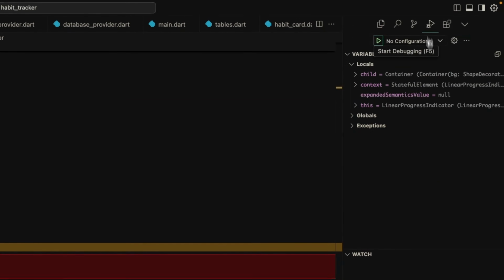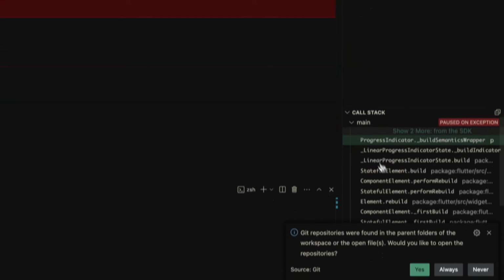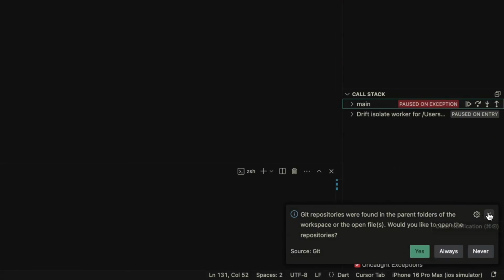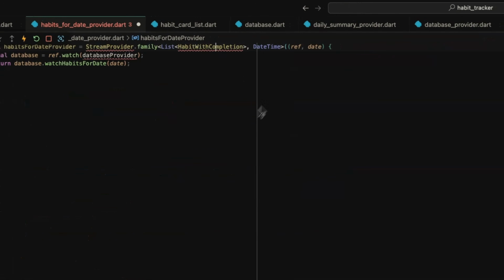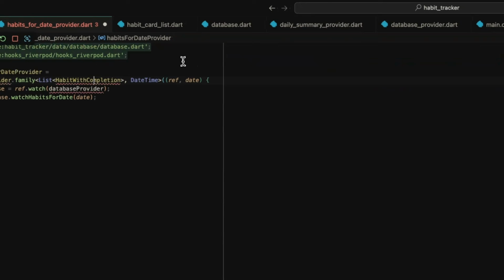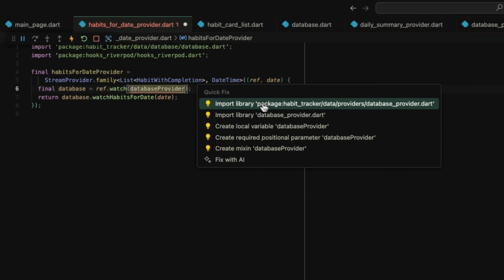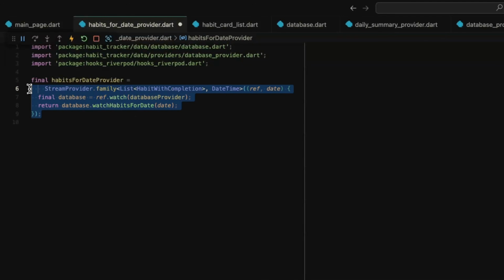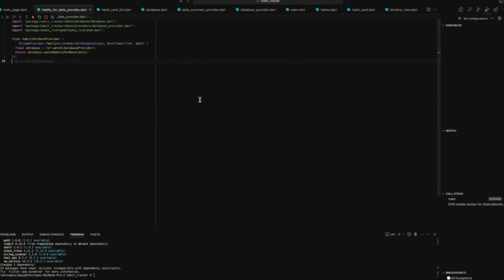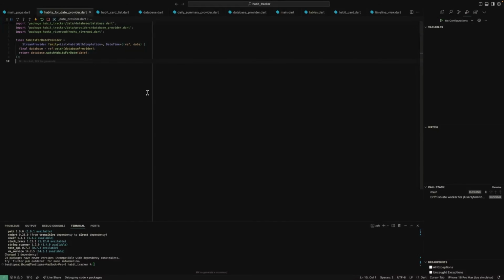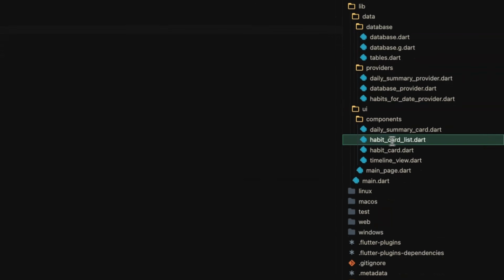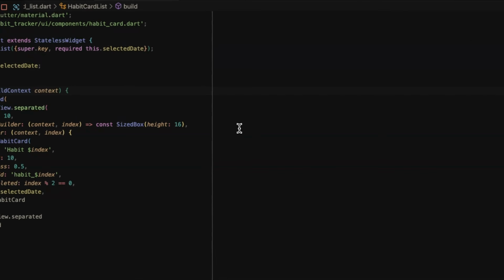So you know what? I'm going to remove cut as exception. Let's see the exception. That will be fine. So we import the habits with completion class that we have, and it returns a stream here. And we can go back to our main page, and in the habits card list,